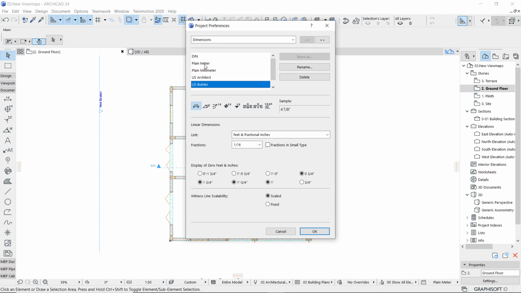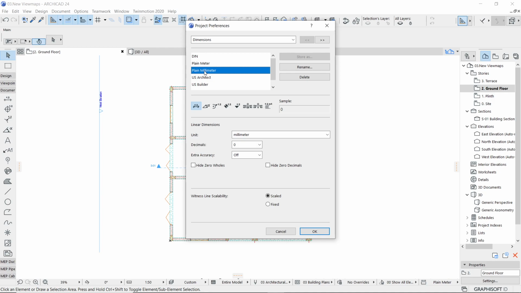If in case your template doesn't have these predefined styles, then probably you will just get one style over here, that is the default one. So what I'm going to do is continue with the plane millimeter for a while. Later we'll come and make some changes in this. If you want to redefine, we'll see how to redefine, or otherwise how we can design a new style also.